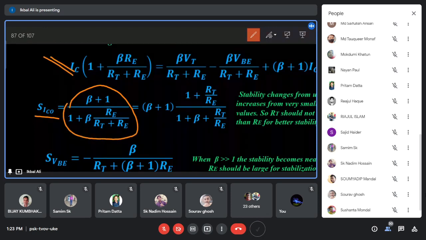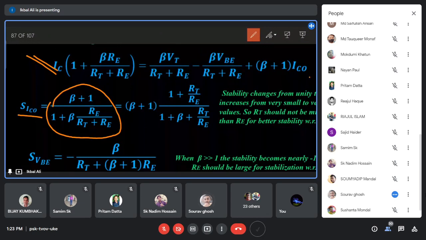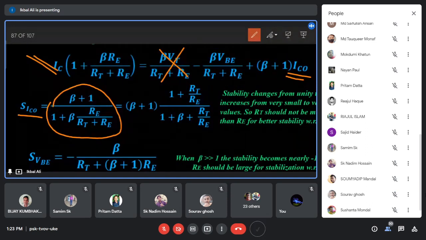ইকুয়েশনটাকে যদি এস আইসিও দিয়ে ডিফারেন্সিয়েশন করো, এখানে দেখো একটা ইকুয়েশনে আইসিও আছে। হ্যাঁ স্যার। পুরো ইকুয়েশনকে যদি ডেল আইসি বাই ডেল আইসিও, মানে আইসিও দিয়ে ডিফারেন্সিয়েশন করো, আদার টু প্যারামিটারকে কনস্ট্যান্ট রেখে, তাহলে তুমি দেখো এই ফার্স্ট ইকুয়েশন যদি ডাইরেক্টলি ডিফারেন্সিয়েশন করো, তাহলে এই টার্মটা থাকবে না, এটা কনস্ট্যান্ট টার্ম। ওটার ভিবি তো কনস্ট্যান্ট তোমাকে ধরতেই হবে, কারণ ডেল আইসি বাই ডেল আইসিও করছে, তাহলে আরো দুটো ভেরিয়েবল প্যারামিটার কনস্ট্যান্ট হবে, তাহলে বিটা ভিবি দুটোই কনস্ট্যান্ট, তাহলে এটাও থাকবে না,